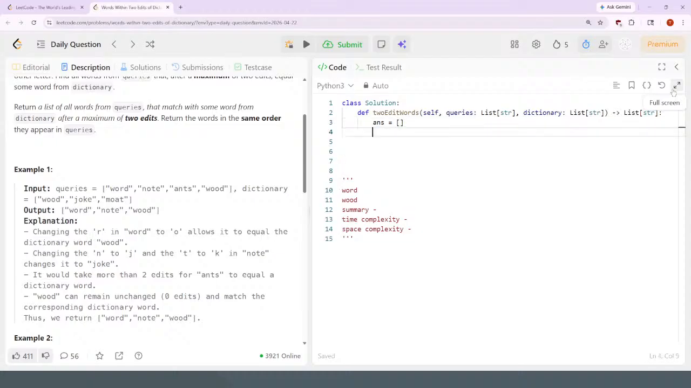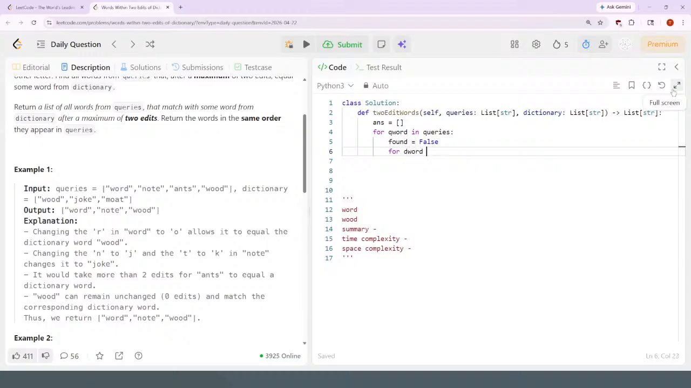so the answer is this. For every query word in queries, trying to list all words that match the same word from dictionary after maximum 2 edits. So let's see, found is equal to false, maybe should be true. For every dictionary word in dictionary,